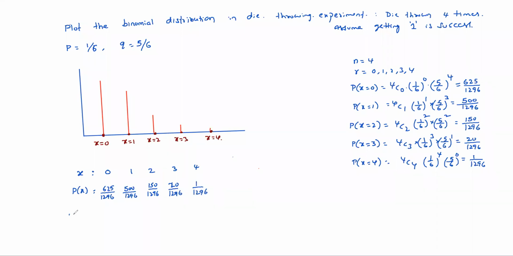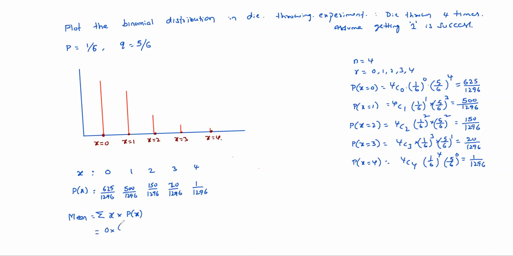So what is mean value? Mean is simply sigma of probability of x into x, divided by sigma of probability of x. Total probability of x is 1, so no need to do that actually. So sigma of p of x into x is nothing but the mean value. Okay, so check how much it is.